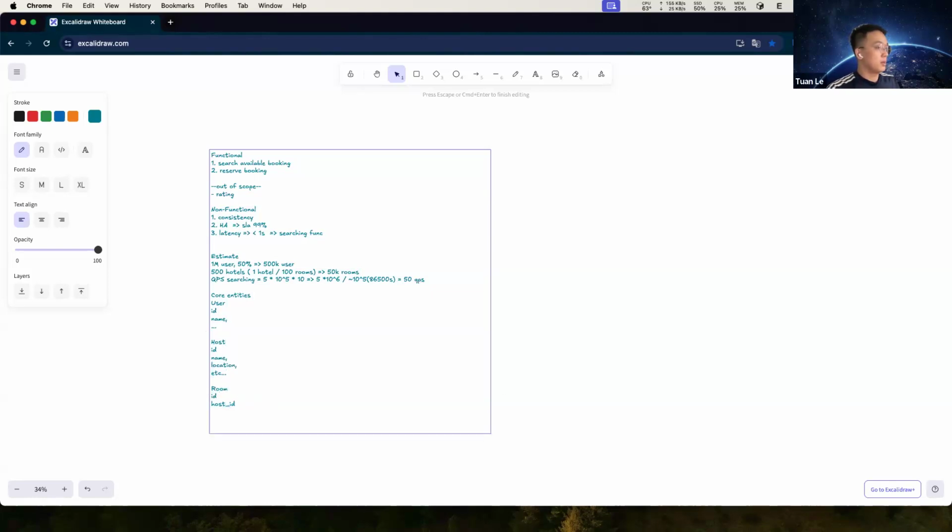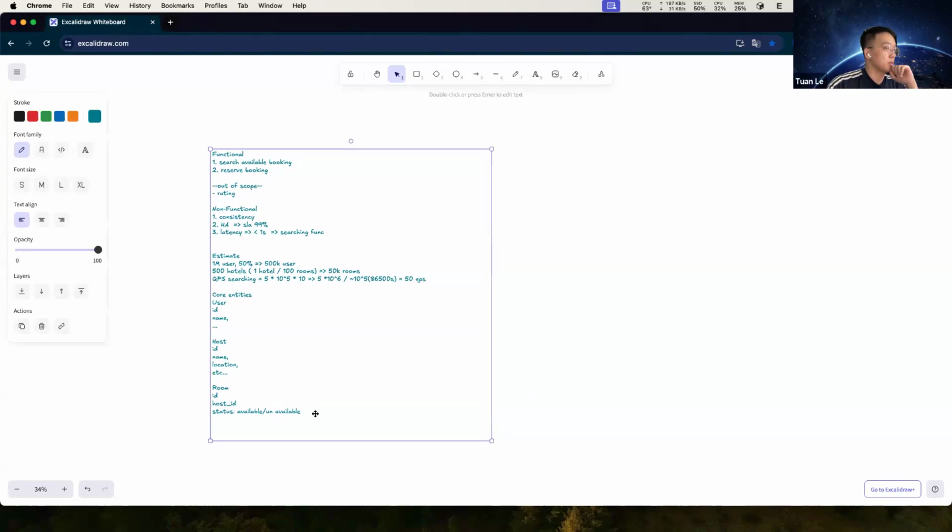The room should have a status, like reserved, arrival, and maybe hotel. Okay, I think this is the core entity of this.